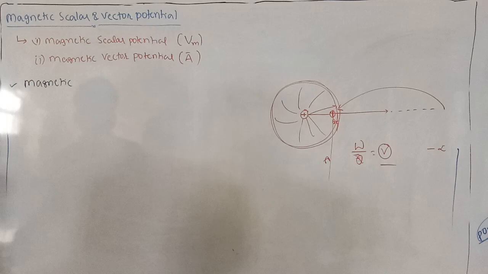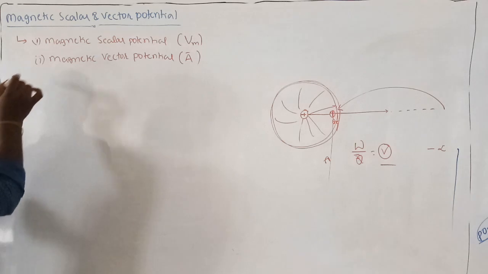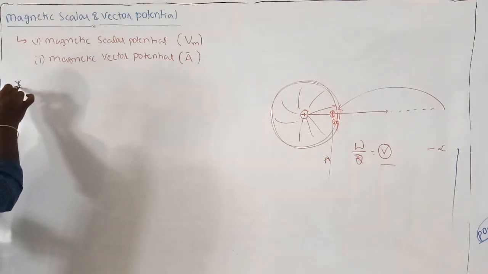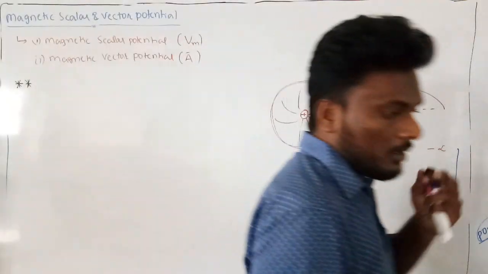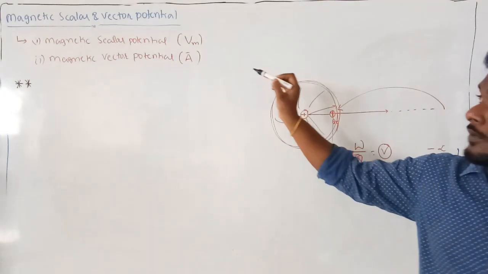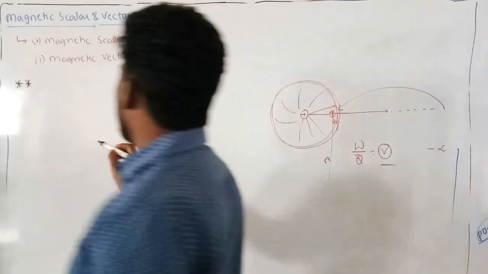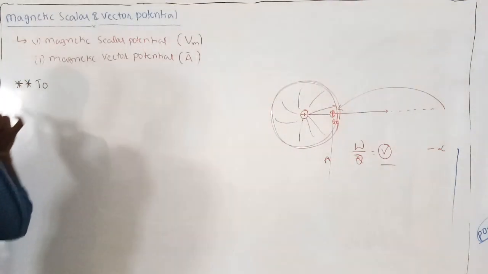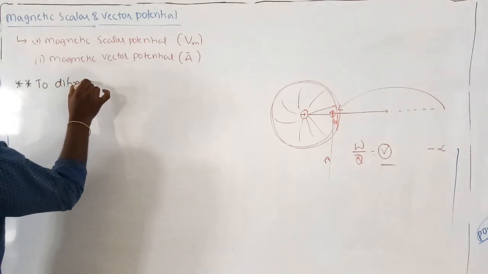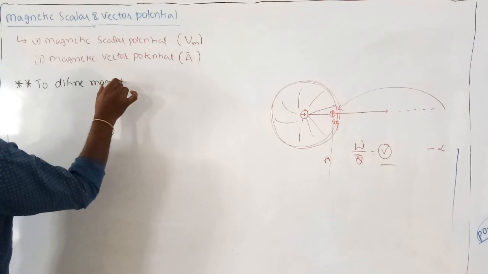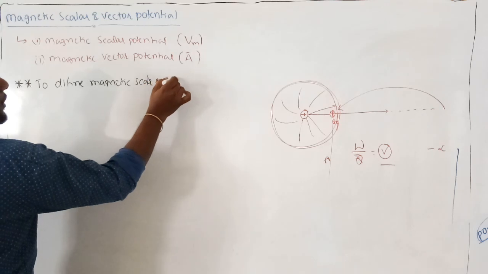Before that, to define these two potentials, scalar and vector, they should follow two properties. Those properties are...